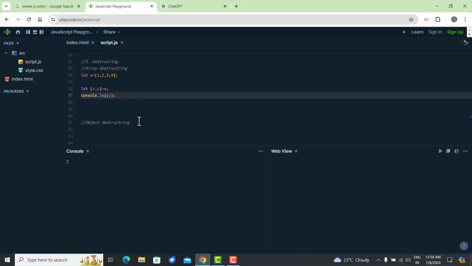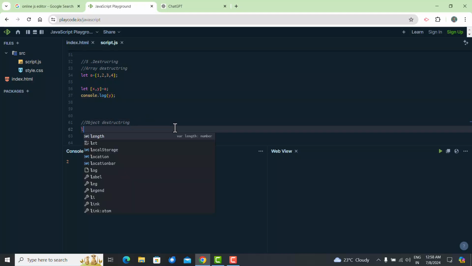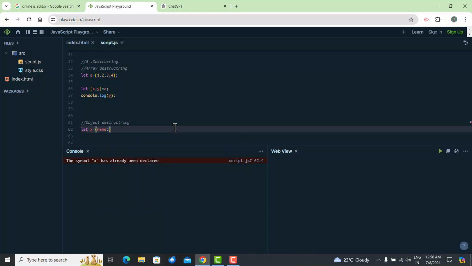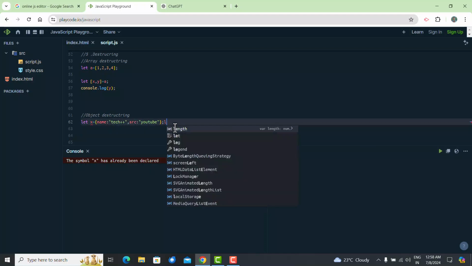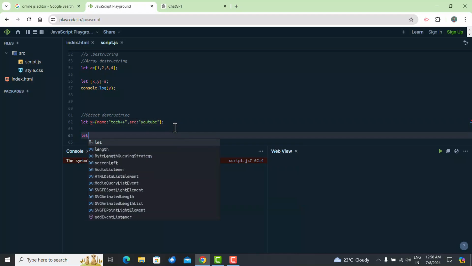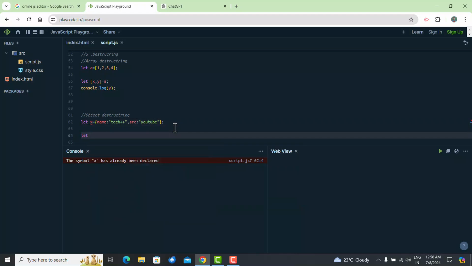For the same, we can use object destructuring, and for this we have an object. Let the object name be x, and the name is, let's say, tag plus plus, and src is YouTube. So we have this kind of object. For object destructuring, we have to use objects to destructure. So we can write let, objects,